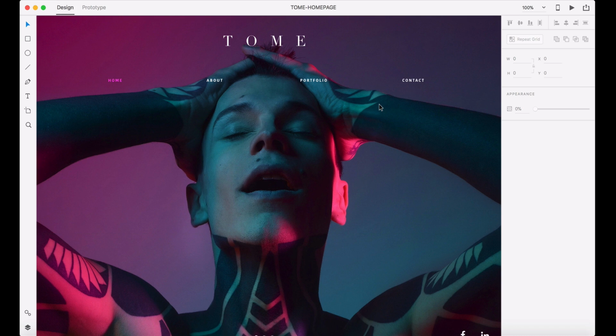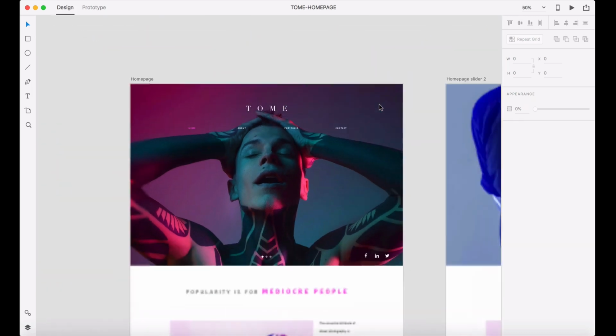We'll be taking that design and creating a prototype and also a link that we can share with a client or another designer so that you can show what the site might look like when it's a working website without actually publishing the site. So here we have our home page, and if I zoom out just a little bit,